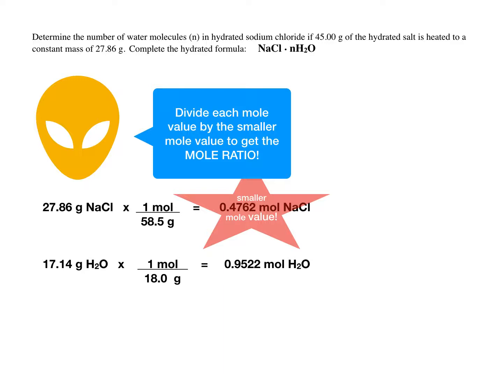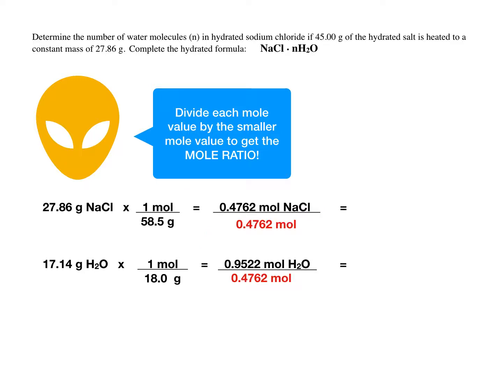Show your work, keep it neat. So you can see in the setup that the number of moles of NaCl and the number of moles of water are both being divided by the smaller mole value of 0.4762. The units of moles reduce, so